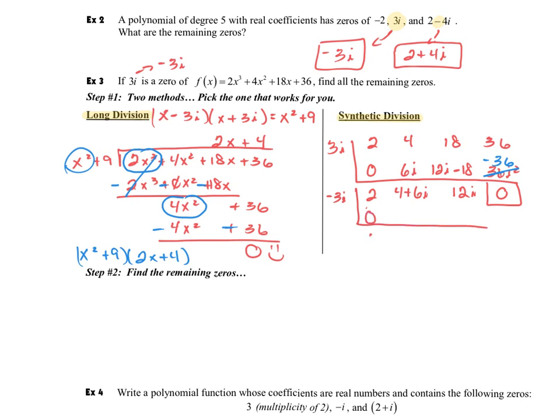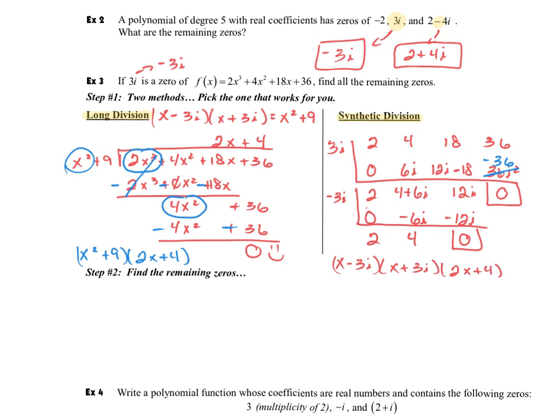So continuing that, I get my 2, and I get a negative 6i. Adding straight down, I get a 4. I get a negative 12i, and I get my 0. So I get all the zeros I wanted. So when I write this out, I would have my x minus 3i, my x plus 3i, my 2x plus